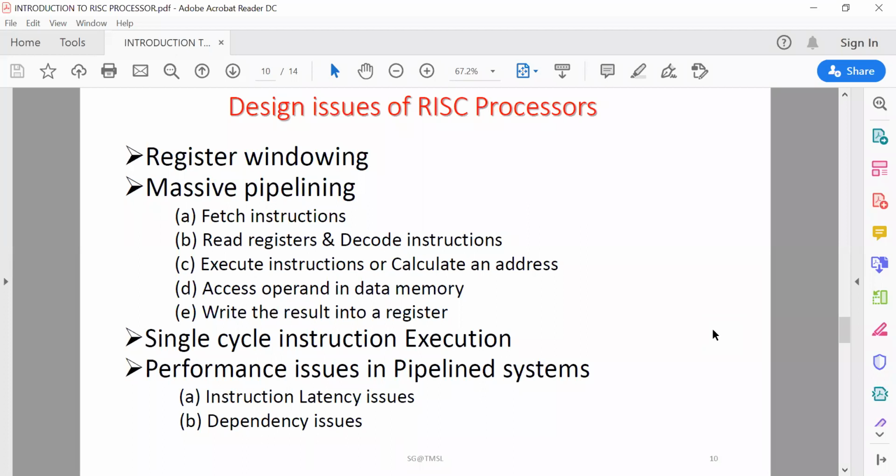The additional registers are hidden from view until you call a subroutine. For example, the SPARC Sun processor is an example of a RISC processor. So in that processor, what happens is,